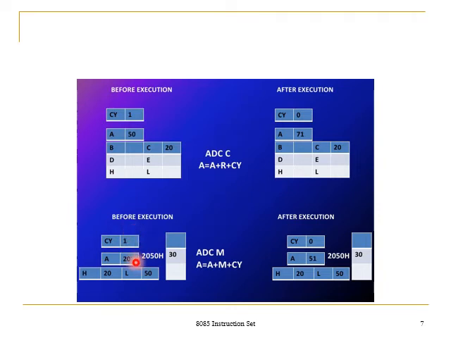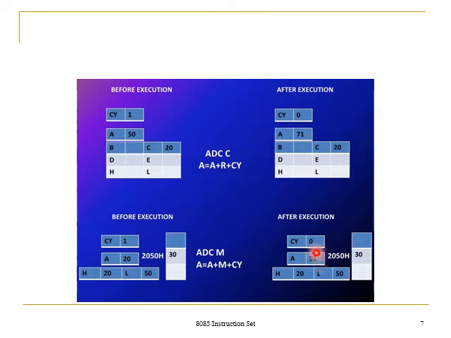So you assume that the accumulator is holding 20 and the HL register pair is holding 20 and 50. That becomes an address location in memory, and the 2050 memory location is holding 30, and the carry bit in the program status flag of 8085 is set as 1. So all these three things are being added and the result is stored in the accumulator,